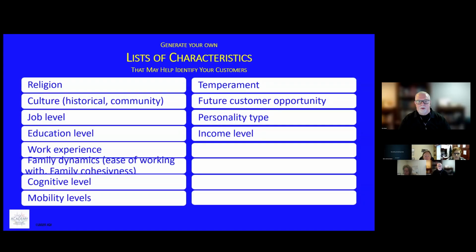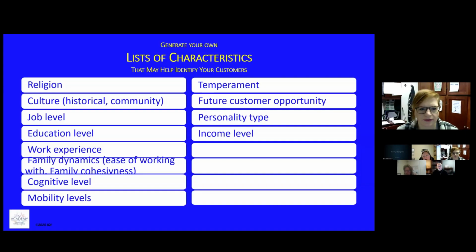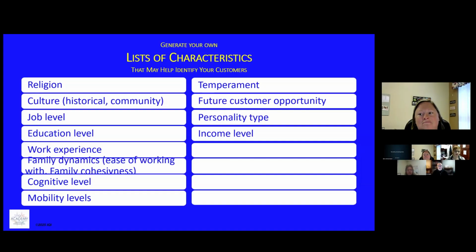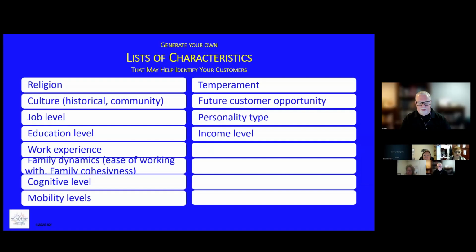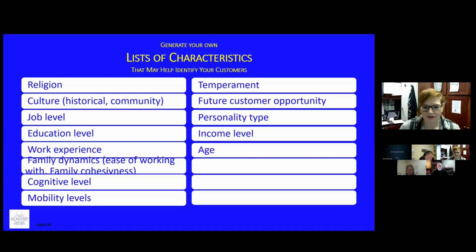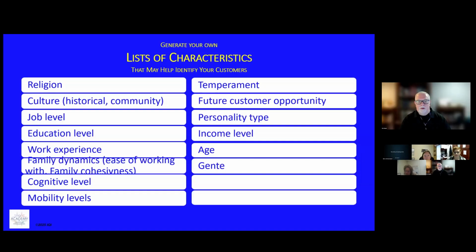All right, what else? Let's go back to Megan and Danny. You guys have any more? Yeah, we have age, gender, interests, and I'll let the other room do the last one. I know that you all probably have more.